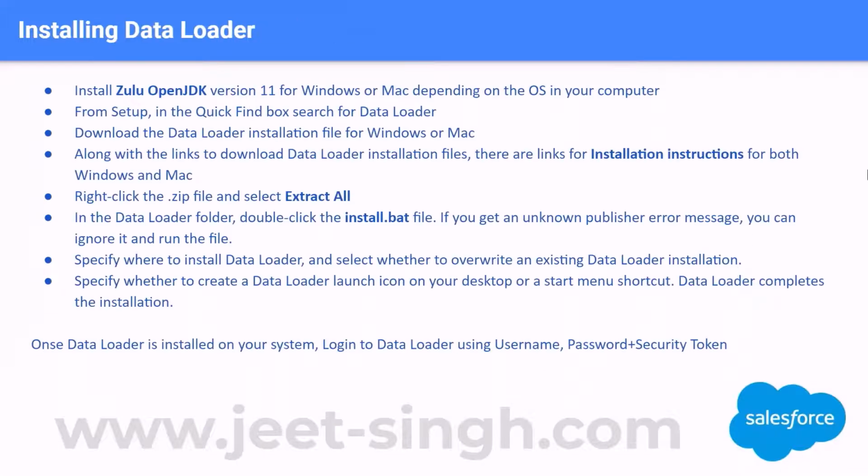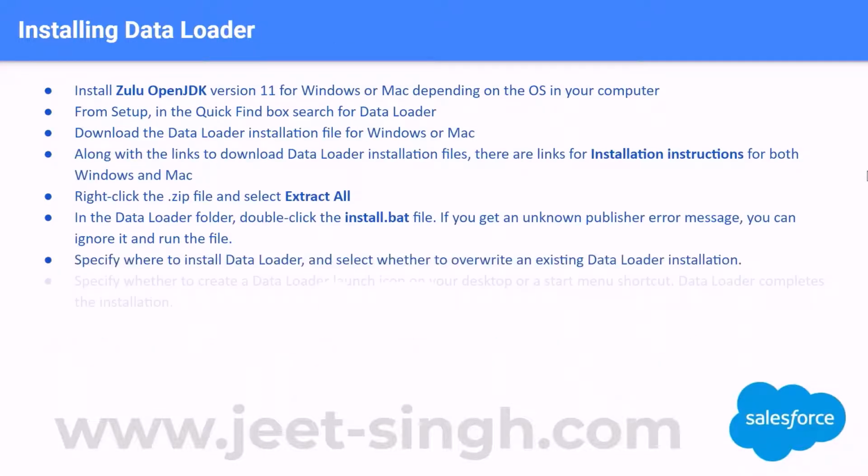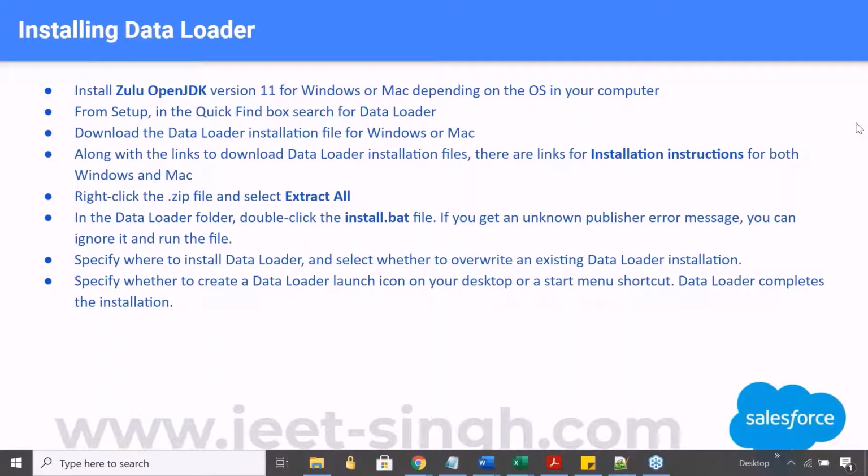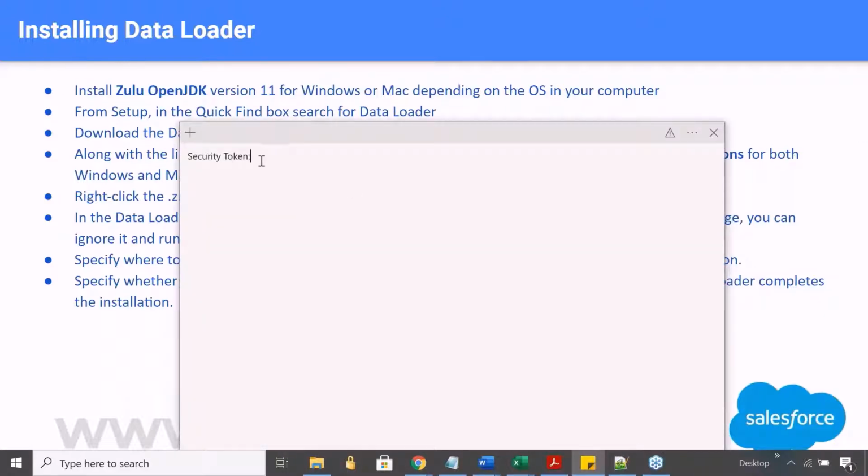And how do we use the security token? Let me quickly show you. Let's say my username is jeet@abcd.com. While you're trying to log in to data loader, in the username box you will put the username as it is.